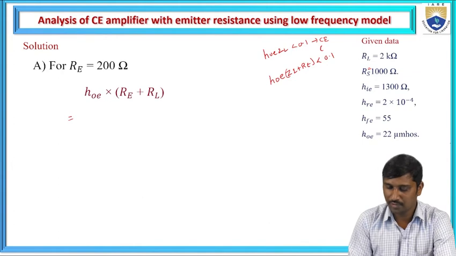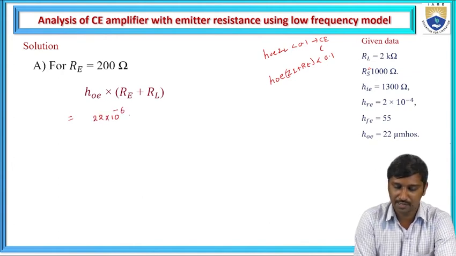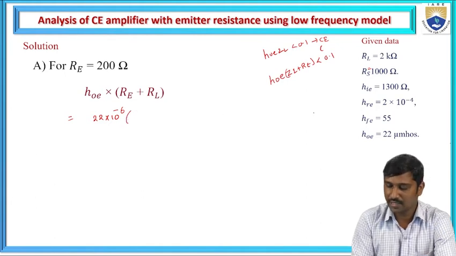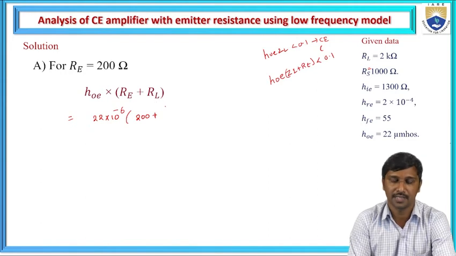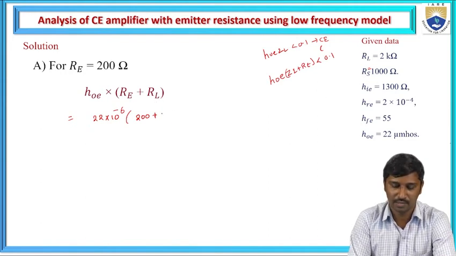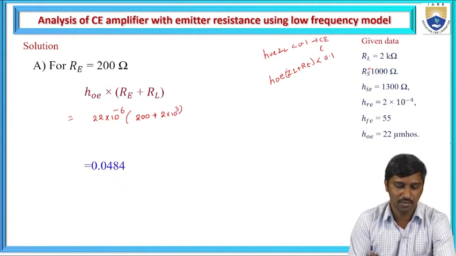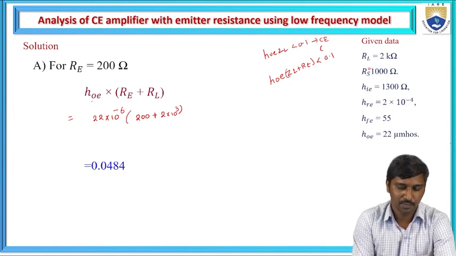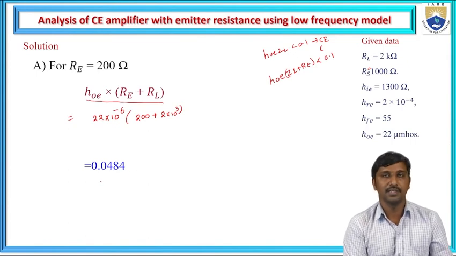What is the hoe value? 22 micromhos means 22 into 10 to the power of minus 6. RE is given as 200 ohms. ZL or RL, both are the same: output impedance, load impedance, so RL is also the load resistance. The load resistance is 2 kilo ohms, means 2 into 10 to the power of 3. If we solve this, the product of hoe times the emitter resistance and the load resistance gives